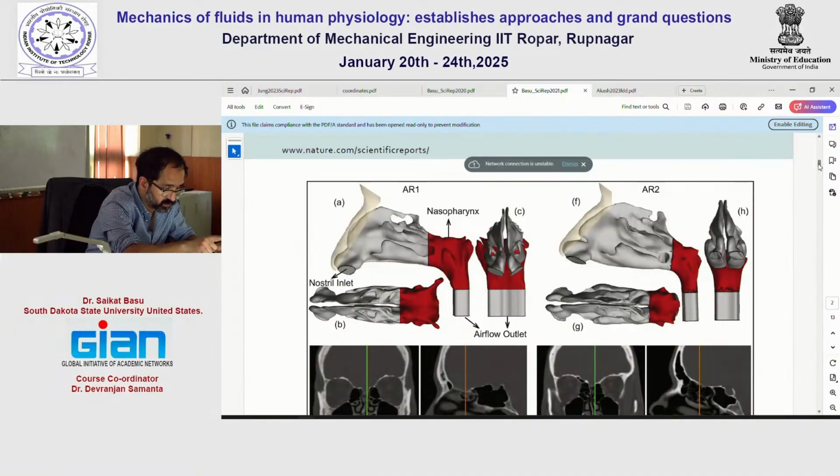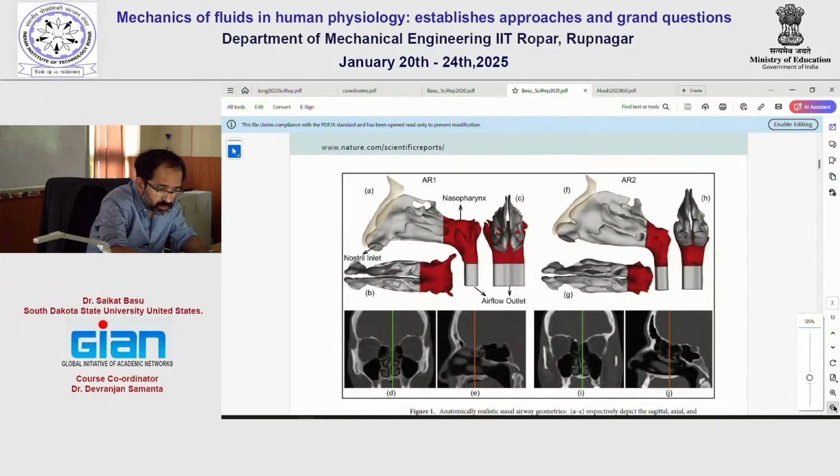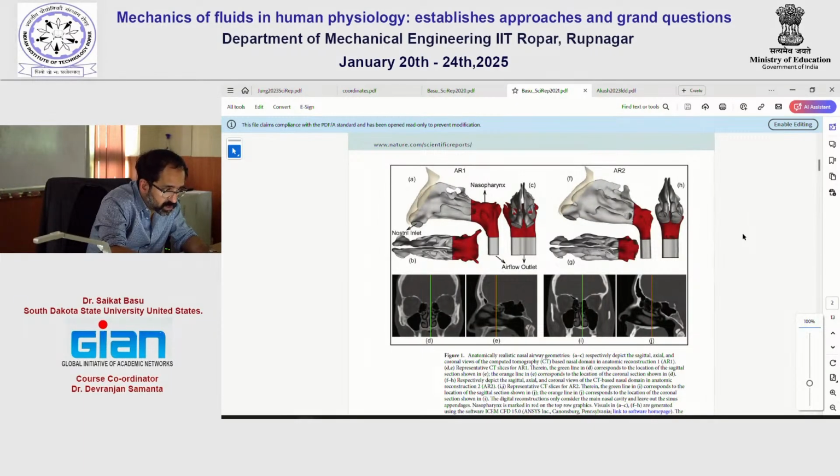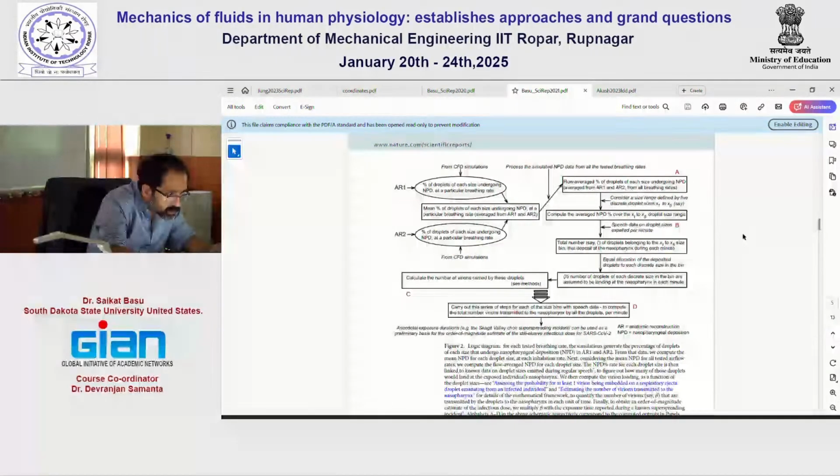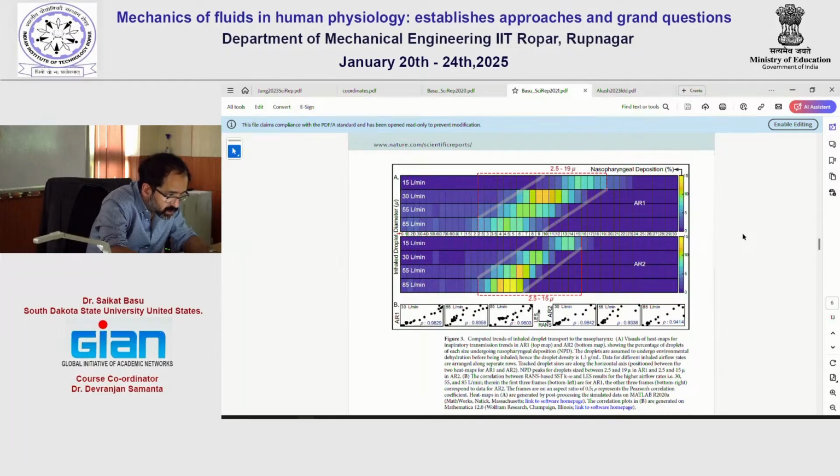The first geometry, which in this paper I'm calling AR1, anatomic reconstruction 1, is what we are going to track. So AR1 is that. So that plot is here. AR1 is the first set of color map, and